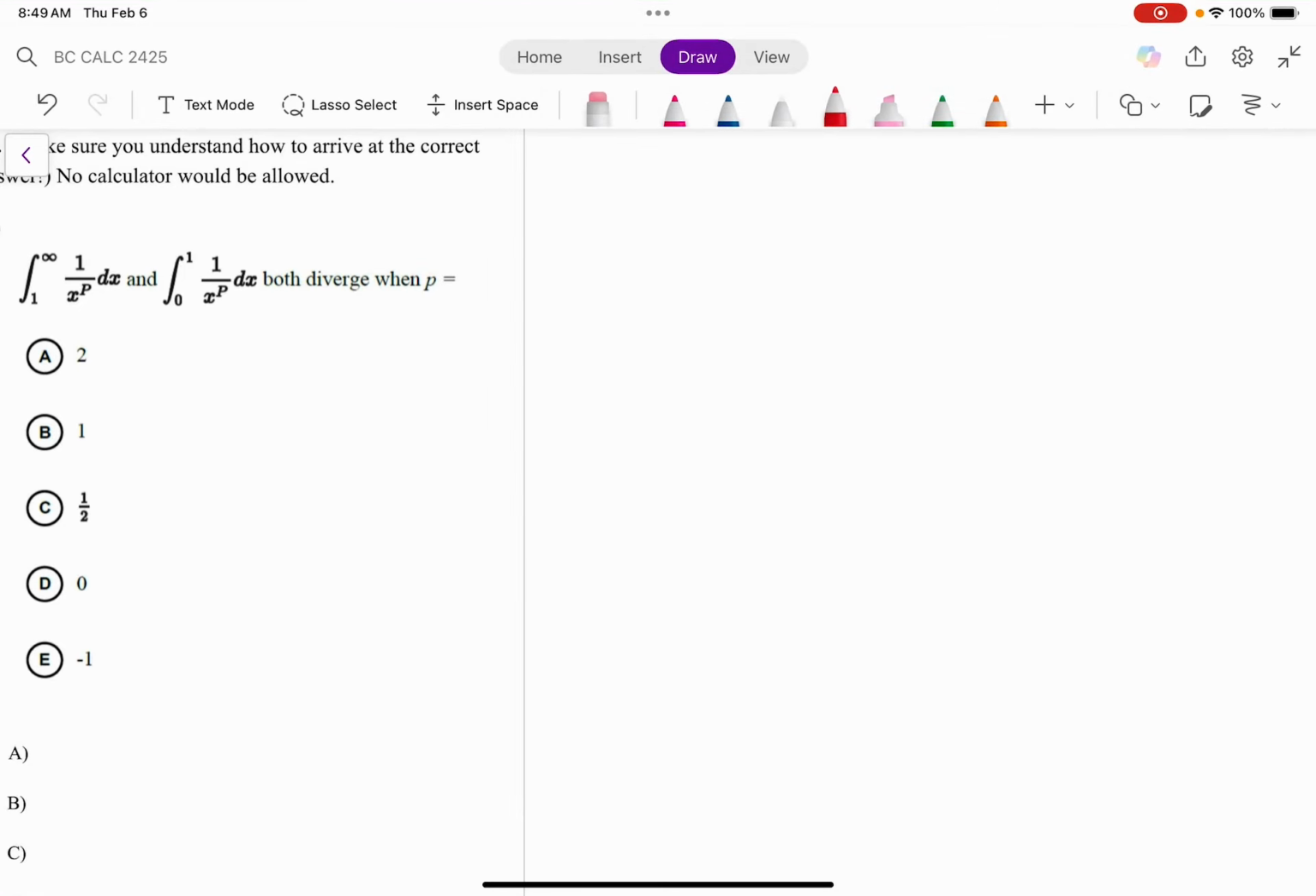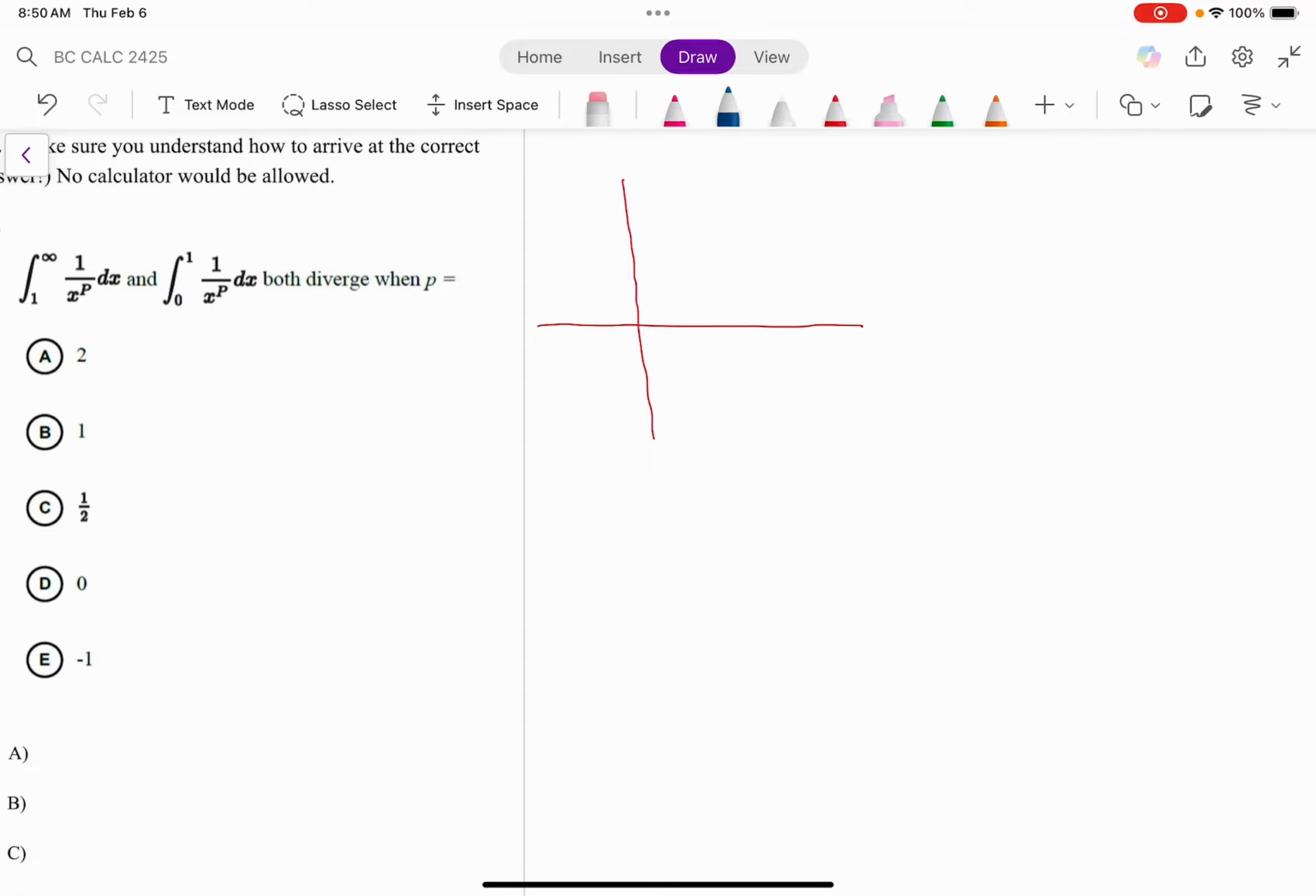All right, this question here about these two improper integrals, 1 over x to the p from 1 to infinity and 0 to 1 of 1 over x to the p. So in a way, it's asking when they both diverge. You can come at this very quickly just through memorization. Okay, so what a teacher should have taught you, or your calculus teacher should have shown you at some point,